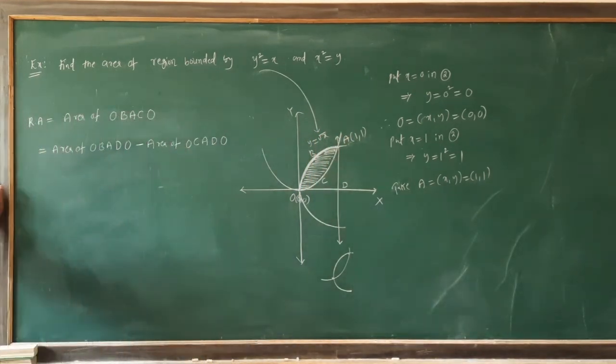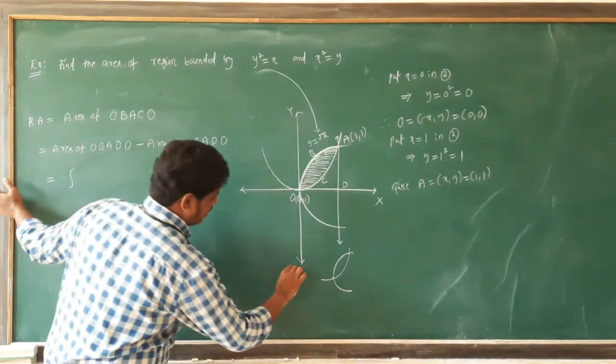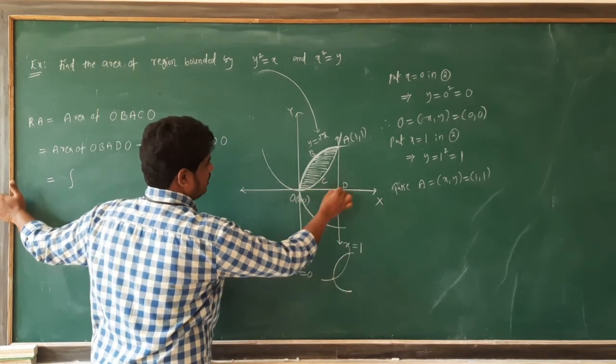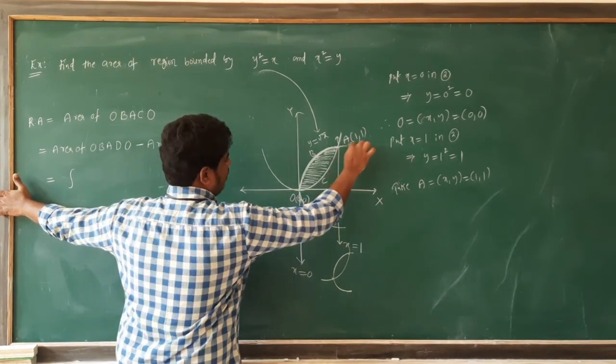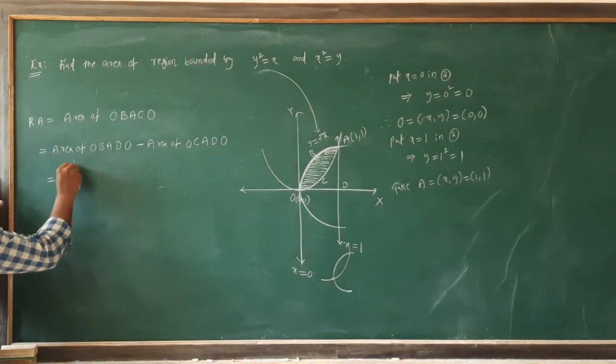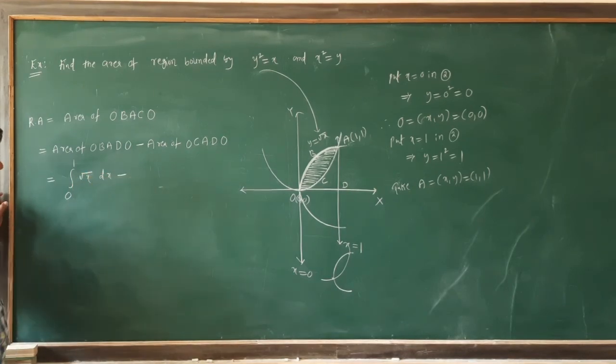So this is equal to the integral from x equals 0 to x equals 1, because the point is 1 comma 1 and this length is 1. So the integral from 0 to 1 of root x dx, minus